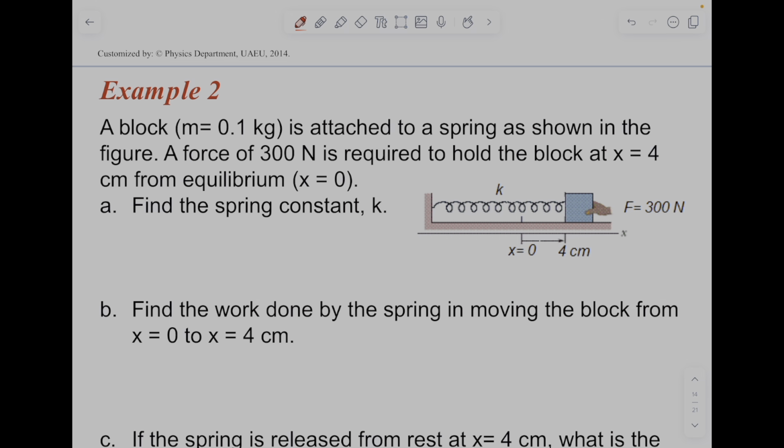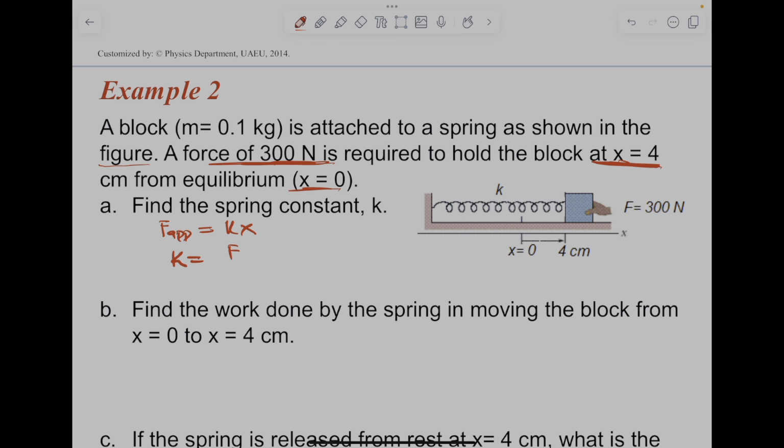A block of mass M is attached to a spring as shown in the figure. A force of 300 Newton is required to move the block from point x equals 4 centimeters to equilibrium, x equals 0. Find the spring constant. Okay, so the force applied is 300 Newton, so your force applied is kx, so your k is